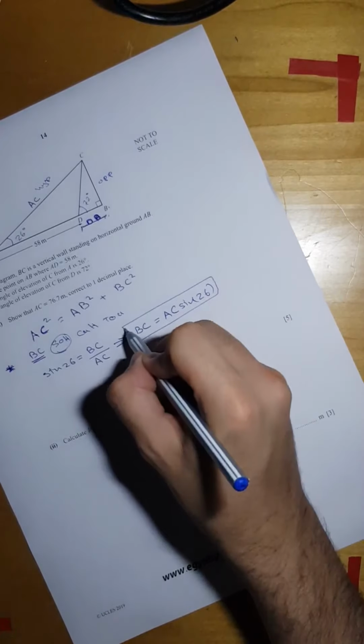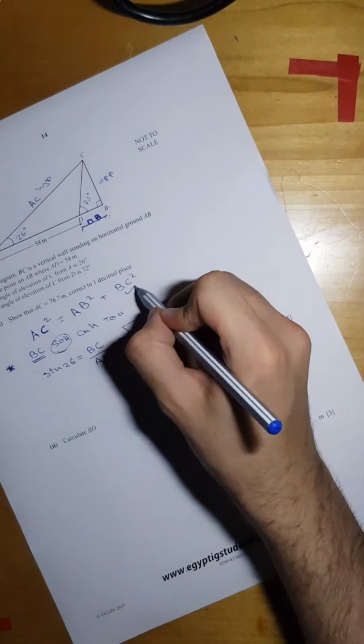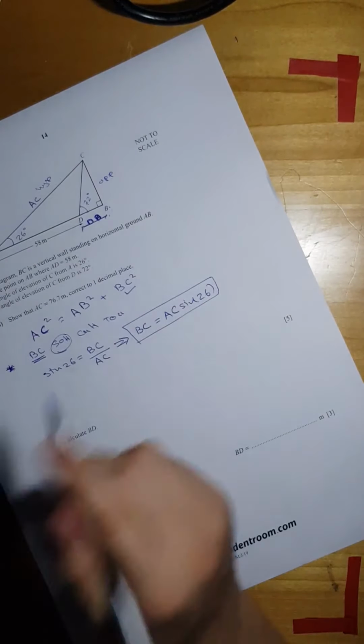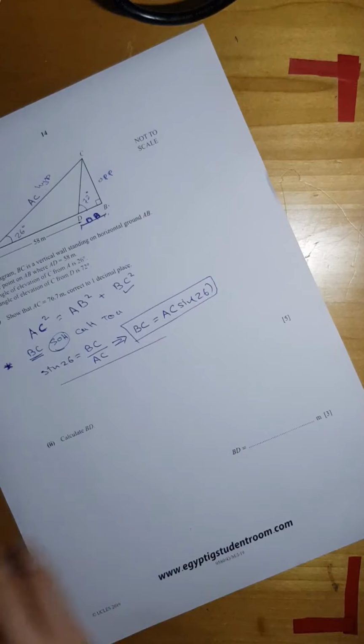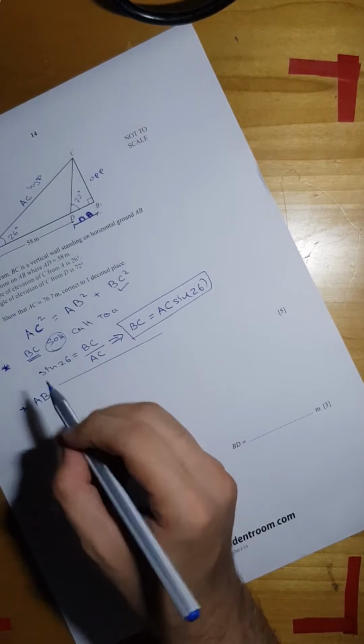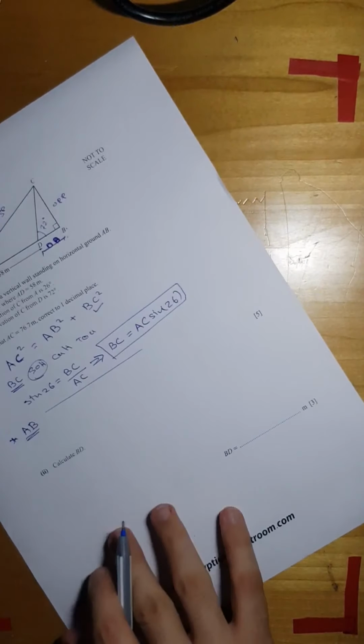So that's our first equation. Now we have found BC in terms of AC. Now what we're gonna do is find AB in terms of AC. How we're gonna do this is by saying that